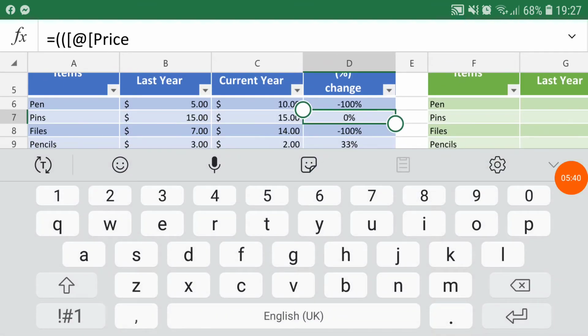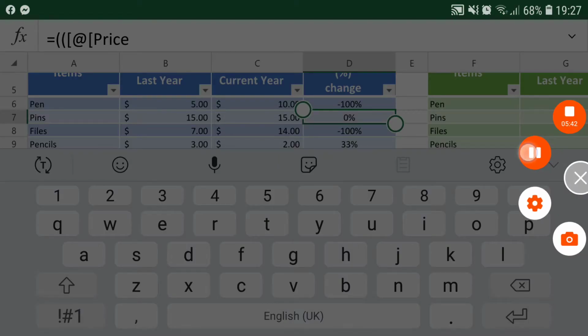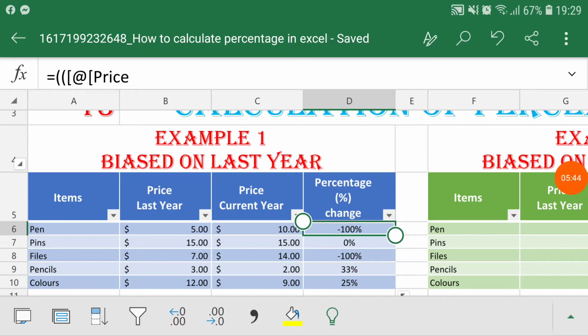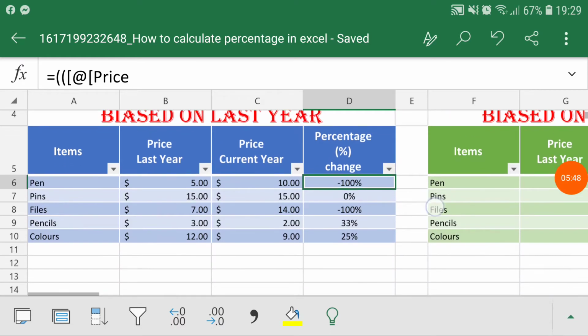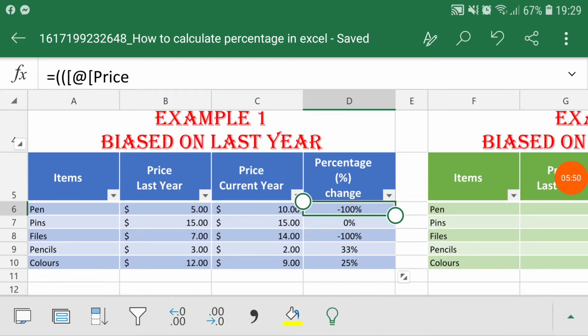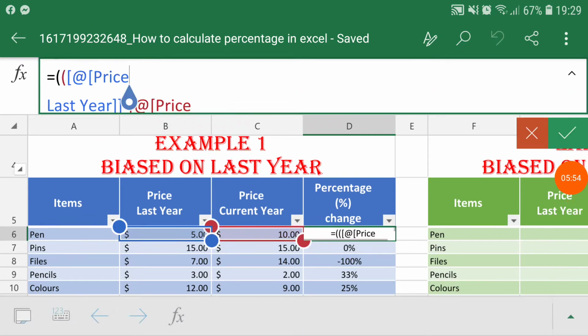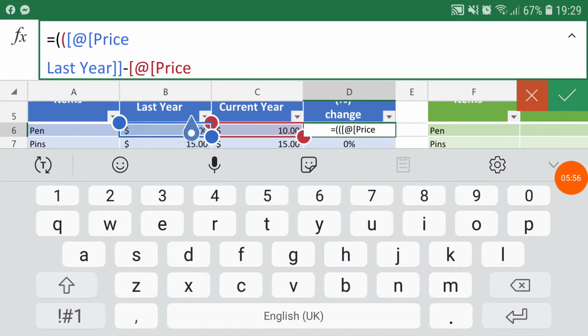So we get some number, but this is the wrong value. Let me show you. Here you can see we are getting the result in the negative for negative figures, and the positive figures should actually be negative. So I'm going to edit this formula. The formula should be added with the